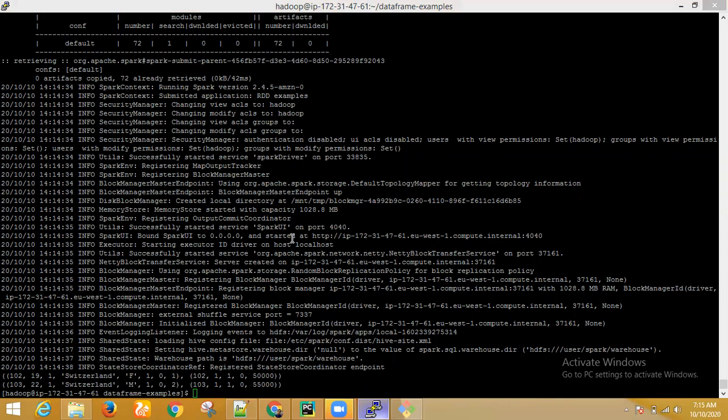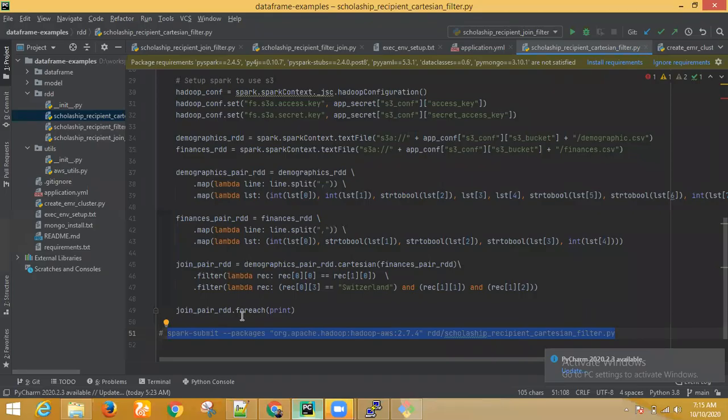Couple of quick questions. Go to the code, please. First of all, lines 30, 31, 32, this configuration of access key, is this mandatory for all programs?